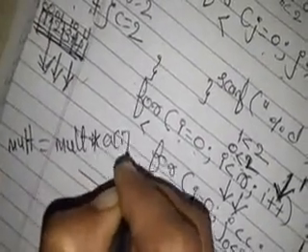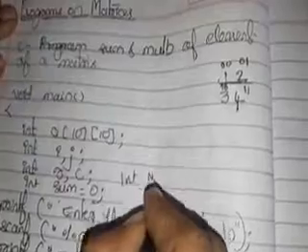This formula must be replaced with mult is equal to mult into a of ij. Don't again remember the formula. Try to understand why I have formed this particular formula. Okay, we know that initially I should have some value for mult. What must be the initial value? It should be 1. Why should it be 1? We know that if I multiply 1 with any number, the value is never going to change. That's why you initialize int mult is equal to 1.